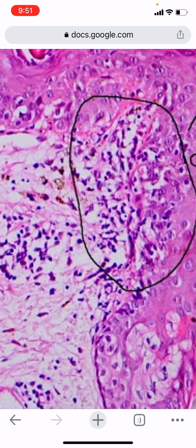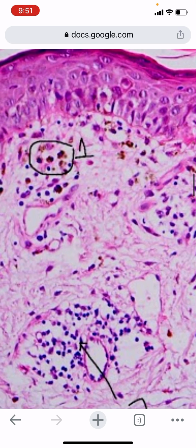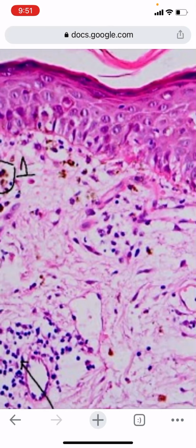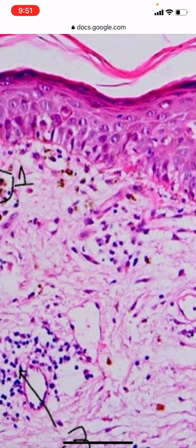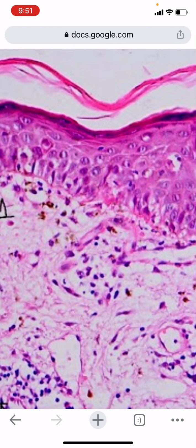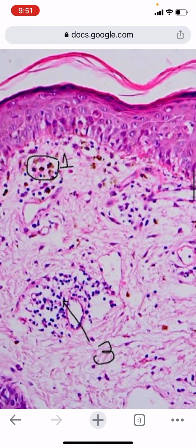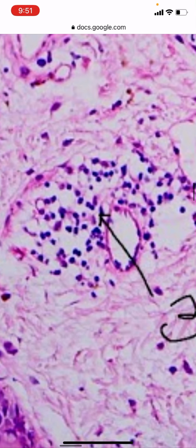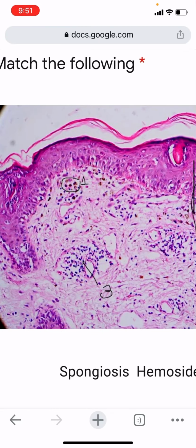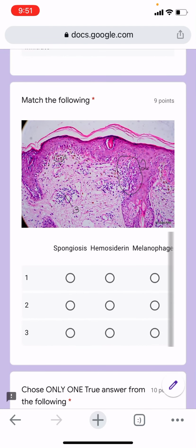here you're seeing a vacuolar interface dermatitis, that is number 2. This is basically melanin incontinence. Now if you observe closely, you're also able to see a thickened basement membrane. This pink line here along the basal layer is the basement membrane trying to reform. So the basement membrane appears to be slightly thickened. I didn't put this purposely as a quiz because this is quite subtle and difficult to diagnose. Now these are all lymphocytes here. These blue round cells are lymphocytes. Okay, so you've got your answer.